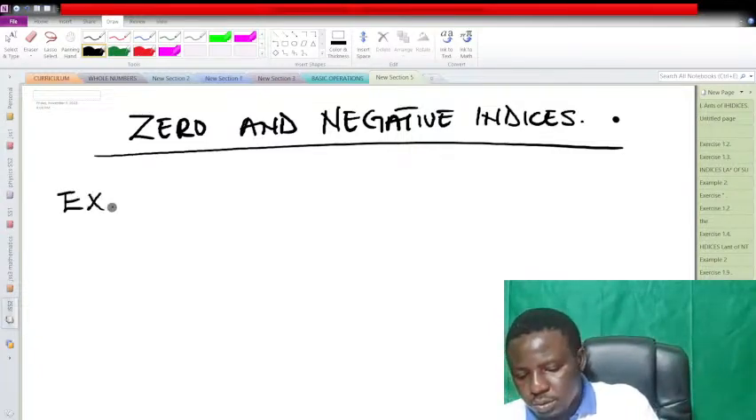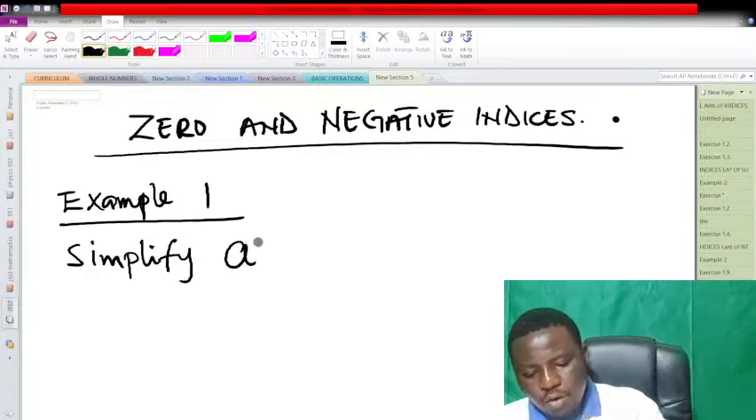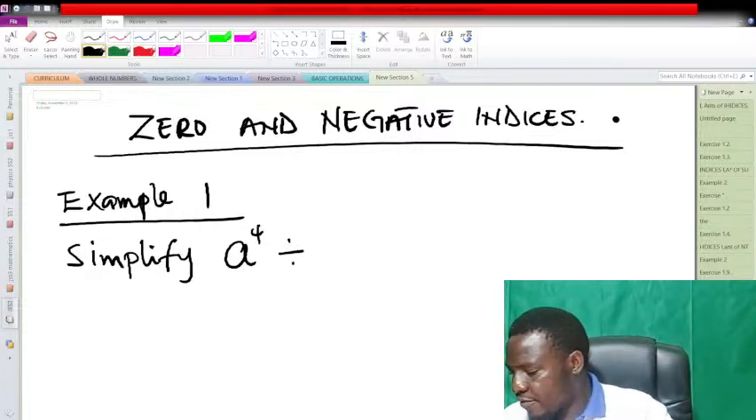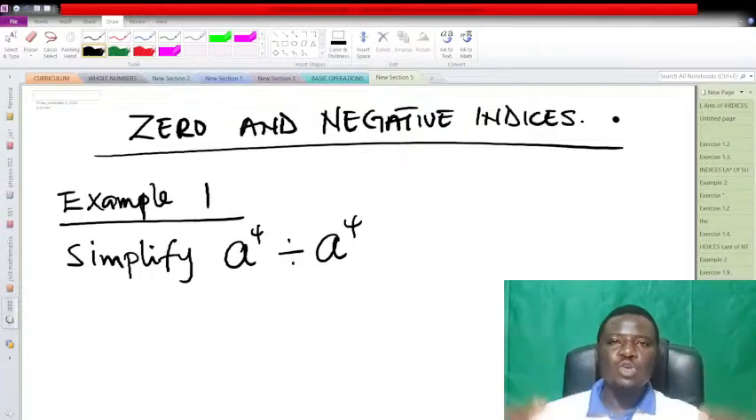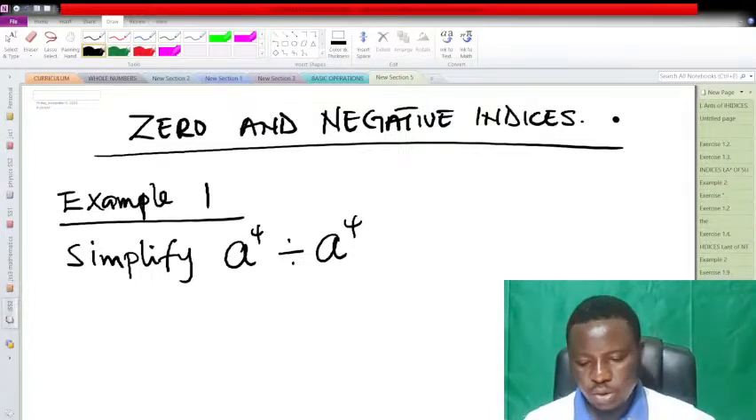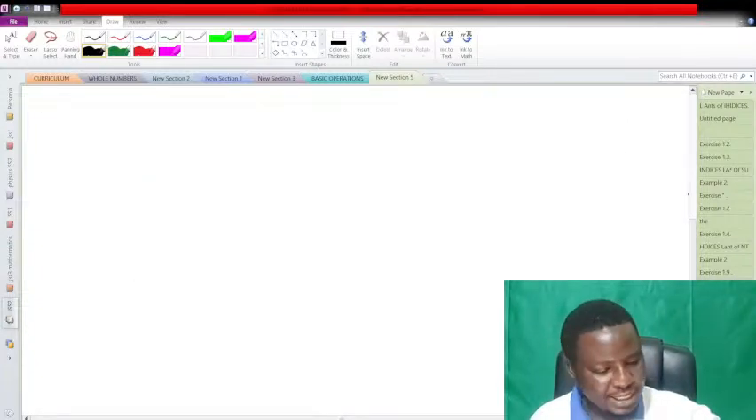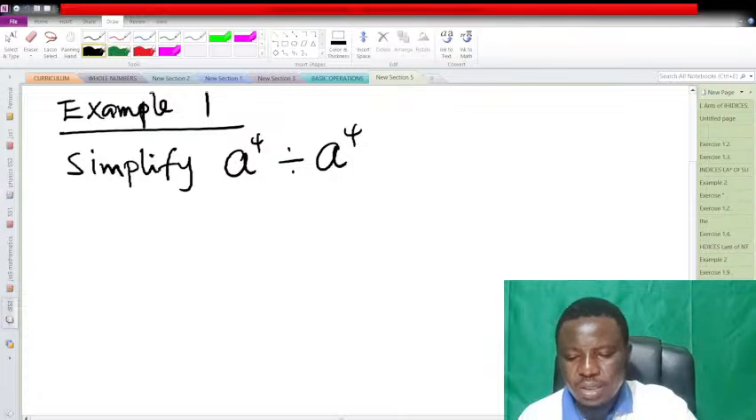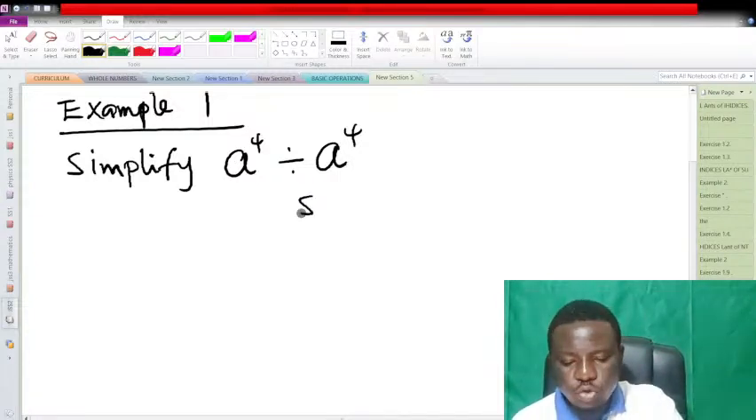Example 1, we are asked to simplify a raised to the power of 4 divided by a raised to the power of 4. Now, using the full expansion method, which I taught you, you will see that if you have to divide a raised to the power of 4 by a raised to the power of 4, this is going to be